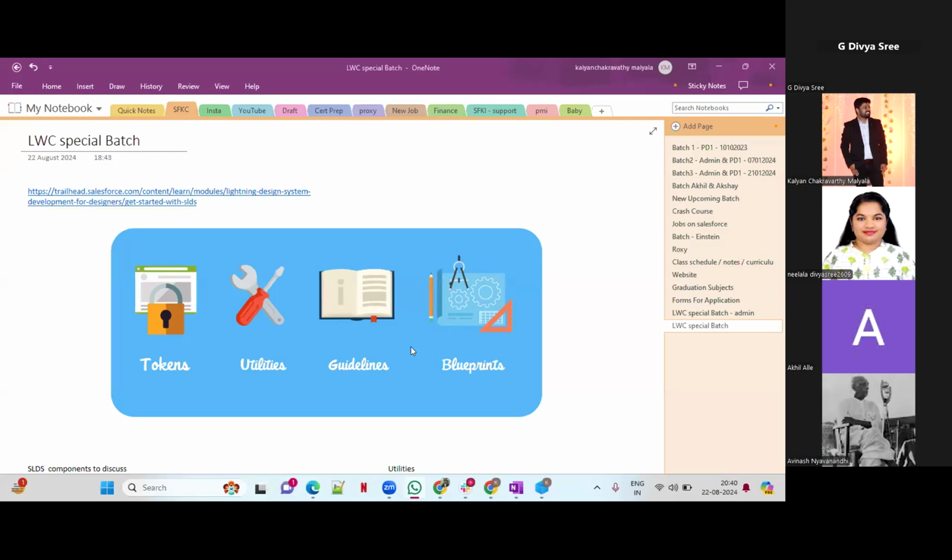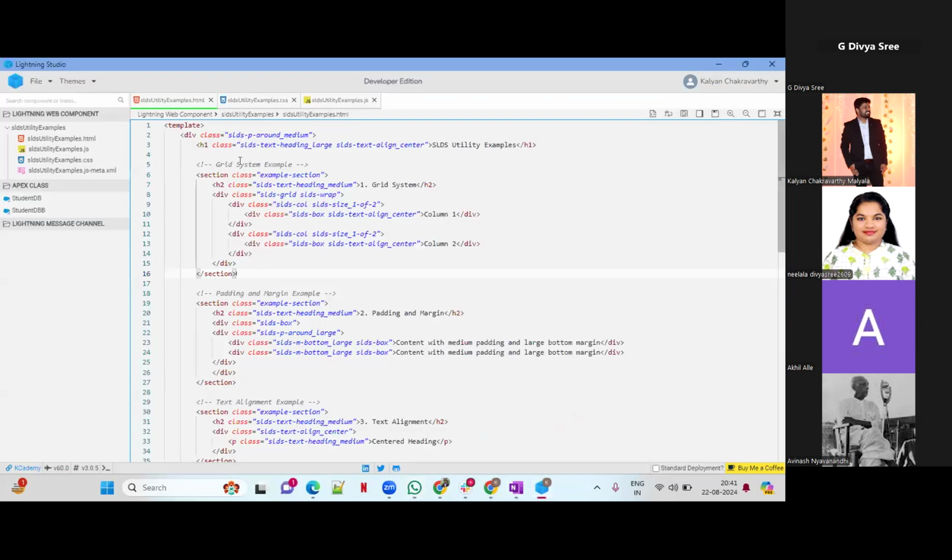So yesterday we saw the role of the class attribute. What is the role of class in HTML elements? We saw how we can use the class, along with the division element, H1 element, or section element. Whatever the element may be, if we use a class in that element, we can